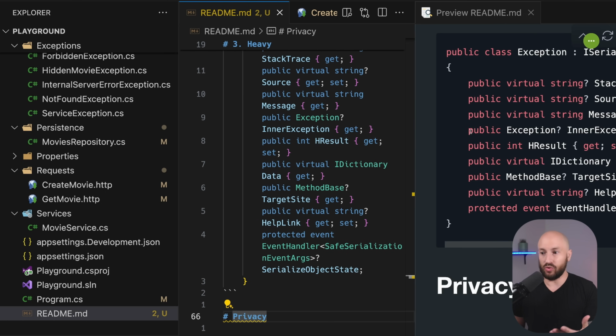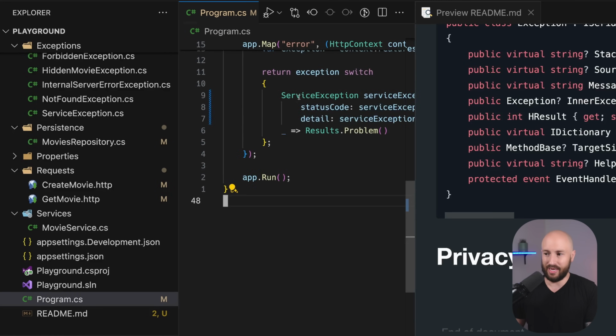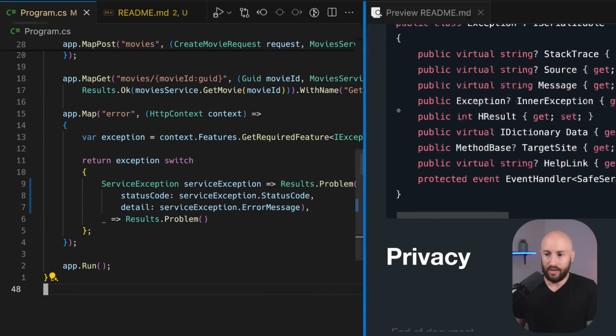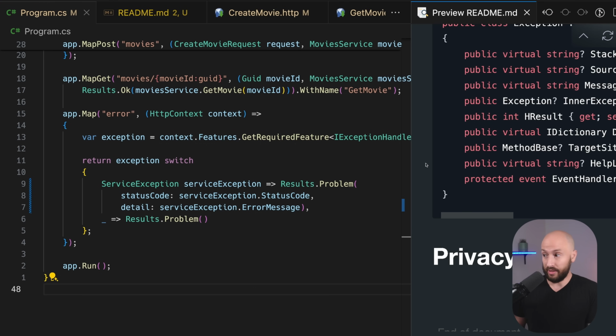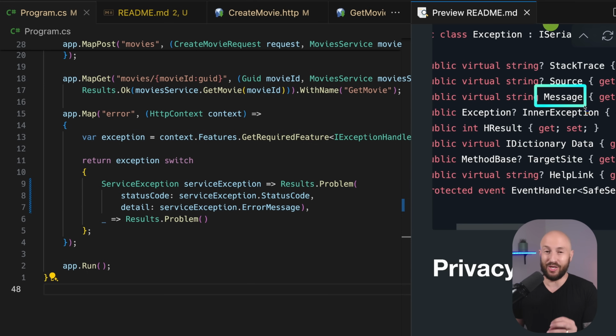Now, why is that relevant to exceptions? What we have currently in our application is just nothing because this is a sample application, but what you would actually have if this was a real application is, over here, you have the exception. You'll want to log some details that have to do with this exception because you want to be able to debug it later, because when an exception happened, sometimes you want to understand what went wrong. Now, unfortunately, you can't go ahead and log the message in many companies, or if in your company you're doing it, then you may want to consider not logging the exception message.